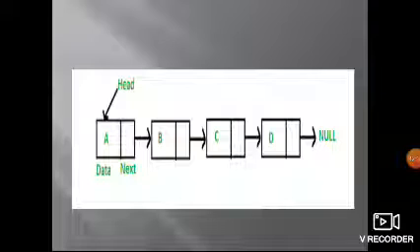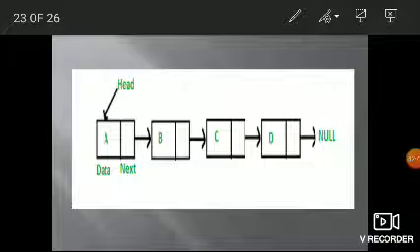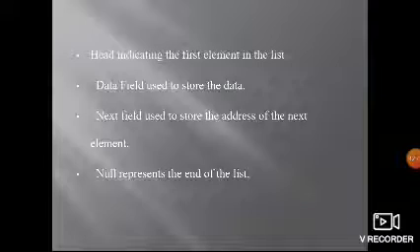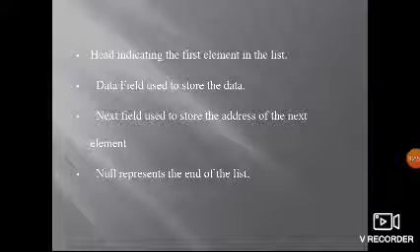Next holds the address of the next element: B's address will be stored in A's address, and so on. The head indicates the first element in the list. The data field is used to store the data. The next field is used to store the address of the next element. Null represents the end of the list.